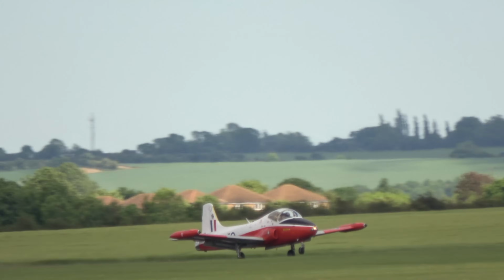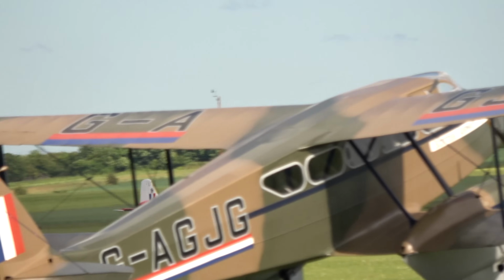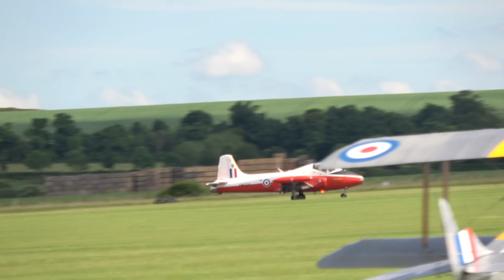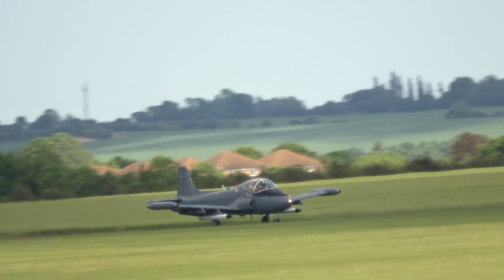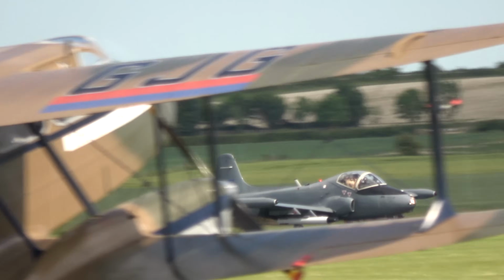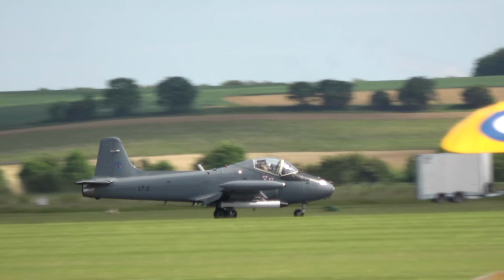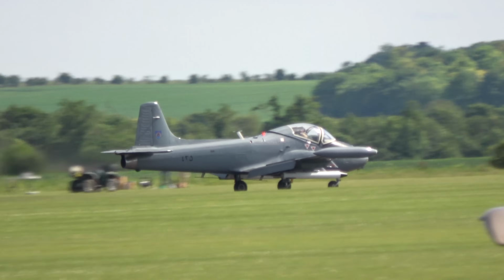Ollie's a Tornado pilot. He's also flown the Tornado occasionally in air shows, not least as part of a three-ship from different countries at the Royal International Air Tattoo a couple of years ago. Mark Petrie, an airline captain. Concluding then the show from the BAC Jet Provost T5 and Strikemaster Mark 82A. So, two classics in...